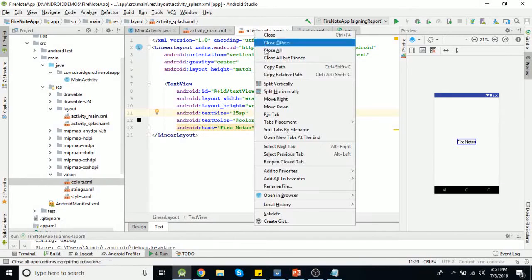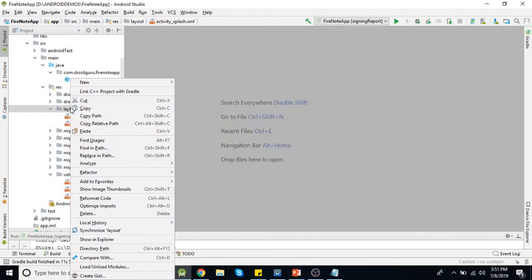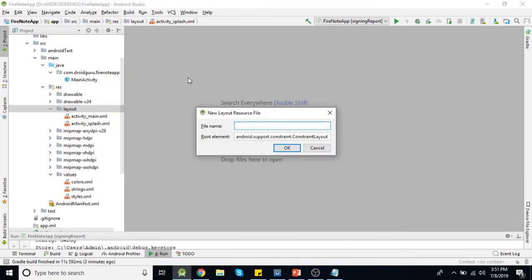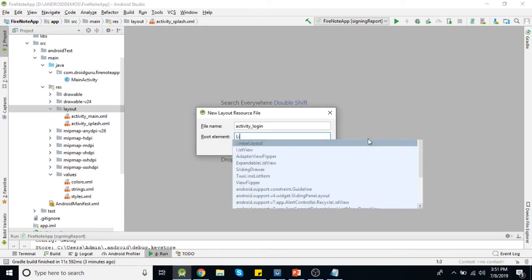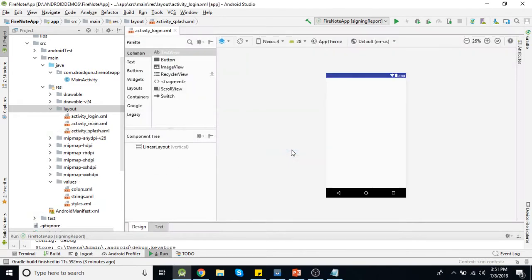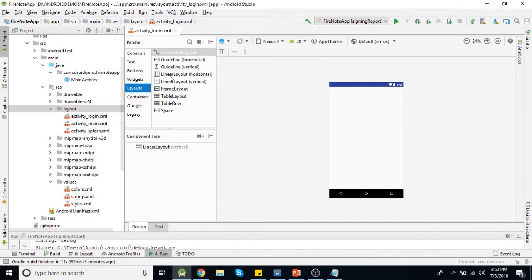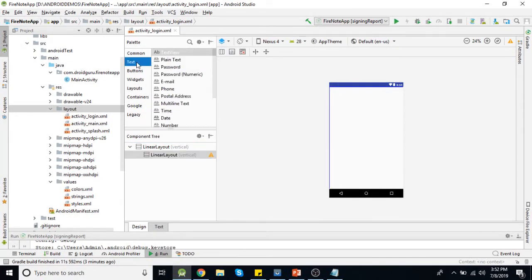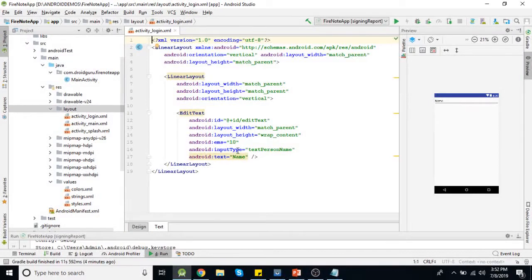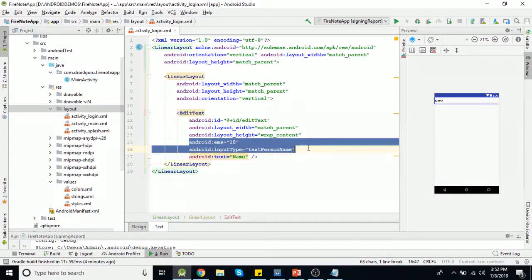Now we need to design a login screen. So here I'm adding fields, the first one is email. Let's remove this.